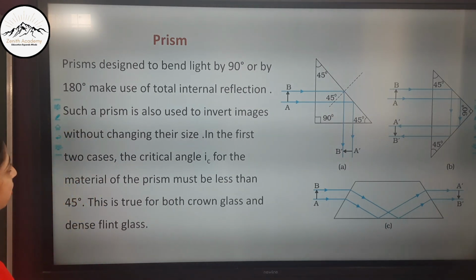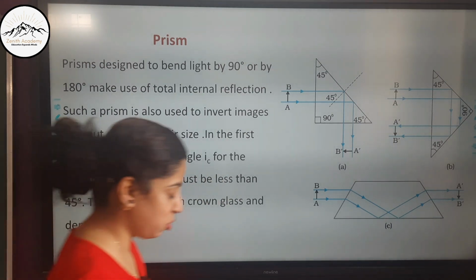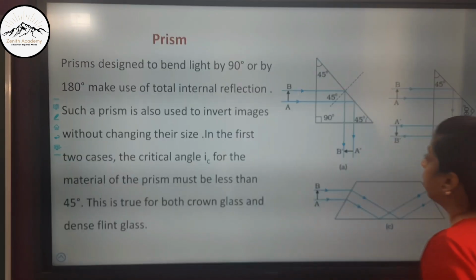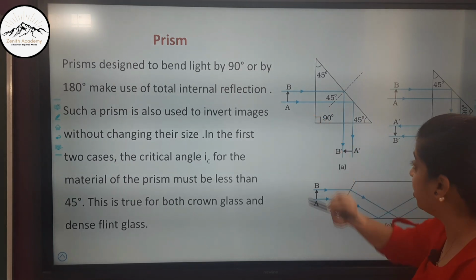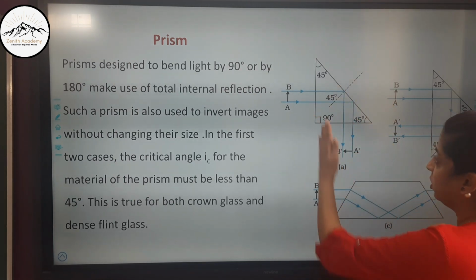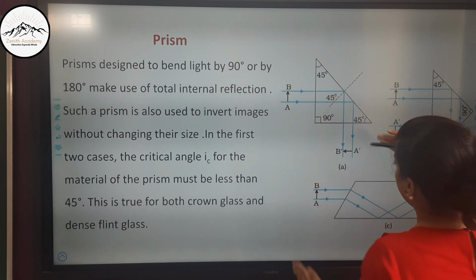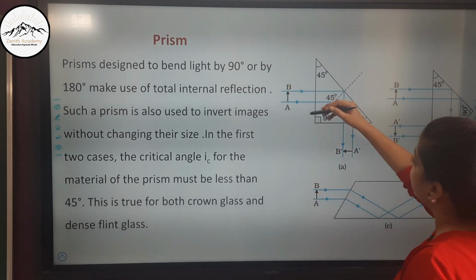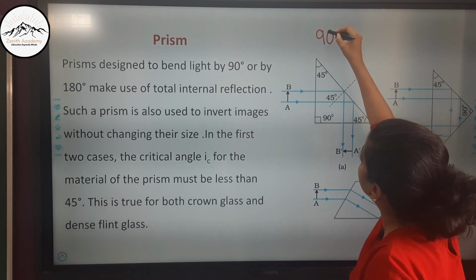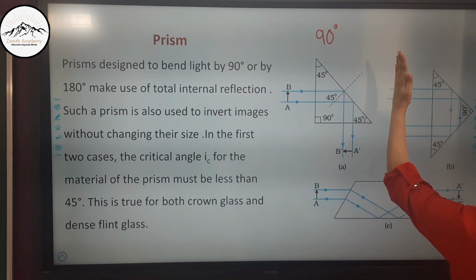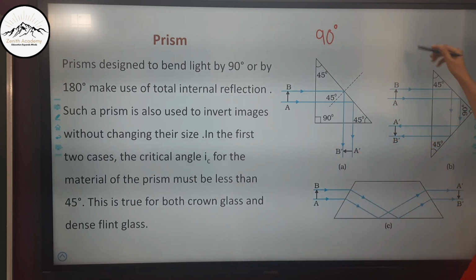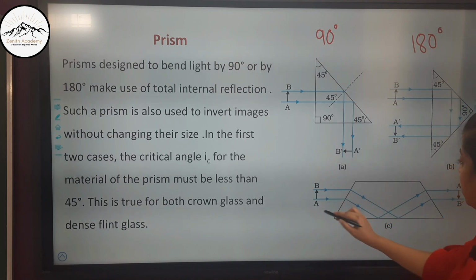Here also there is total internal reflection. Now see these diagrams, my dear children, very carefully. These two are 90-degree prisms. They are used to rotate an object. Here in this case, the object is like this and then the image is like this. So it has rotated the image by 90 degrees. This has rotated the image by 180 degrees. First it was standing and now it is down, so by 180 degrees. Here also you can see it has rotated by 180 degrees.